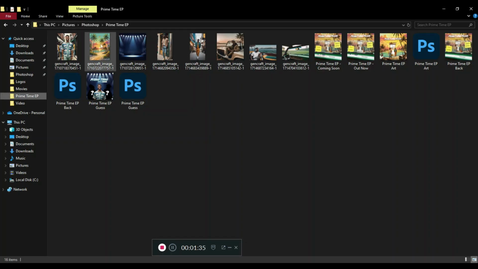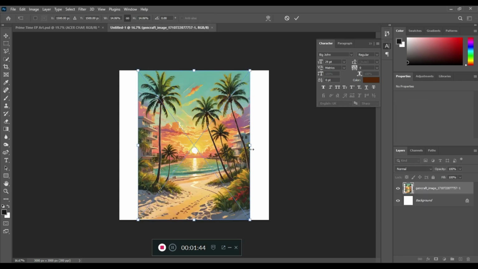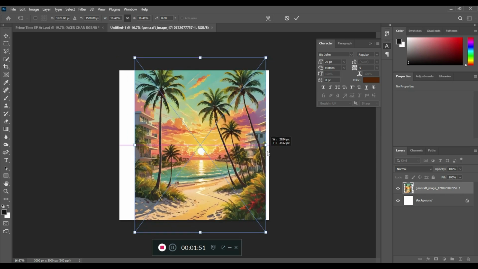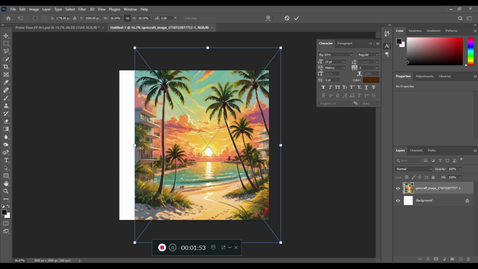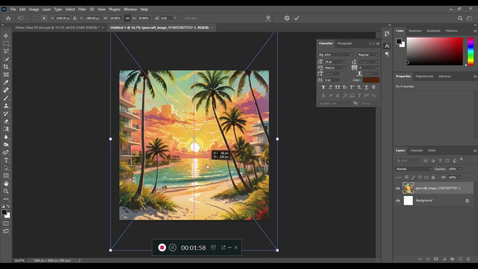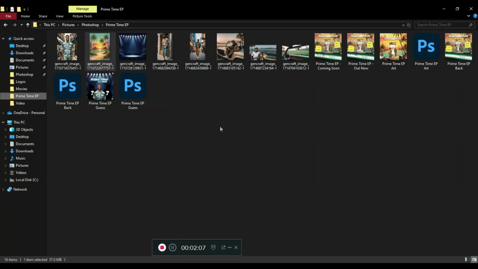So first off, I load up my background picture into Photoshop, and then from the sides I can zoom in and zoom out. From time to time we'll be checking the main work for reference, so we could recreate it almost exactly as it is. When I'm done, I click enter, and here I have the background. So we move on to the characters,